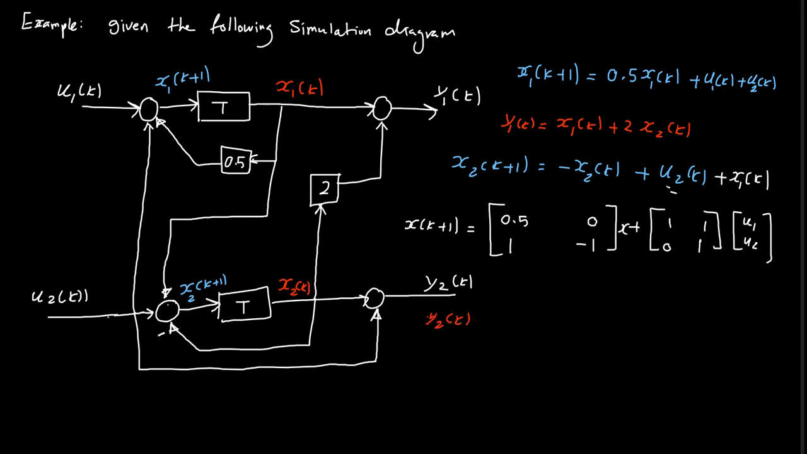y2 of k will equal x2 of k, and I'm having direct input, so plus u2 of k. So in matrix form, this means that y of k will equal to